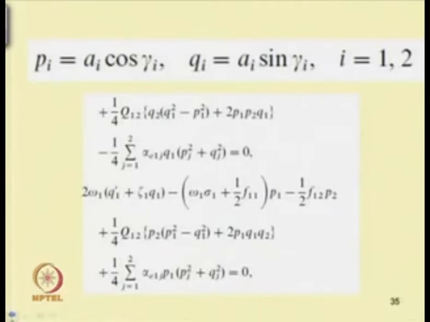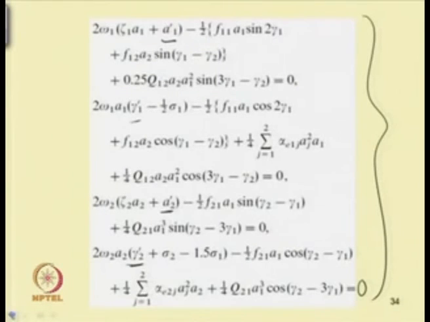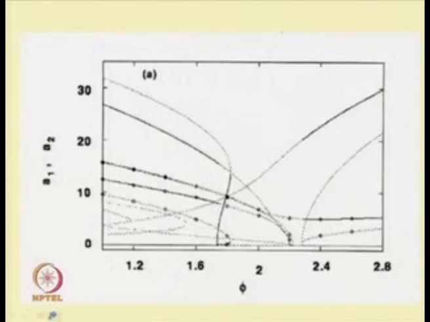Now, one can study the stability of the case in a way similar to the previous one, by finding the eigenvalues of the Jacobian matrix, but in this case the size of the Jacobian matrix becomes larger, that is, it is 4 by 4, and so one can obtain 4 eigenvalues of this system. By checking these eigenvalues for each equilibrium point, one can find whether that equilibrium point is stable or unstable. So, in this control space, that is A1, A2 and phi.